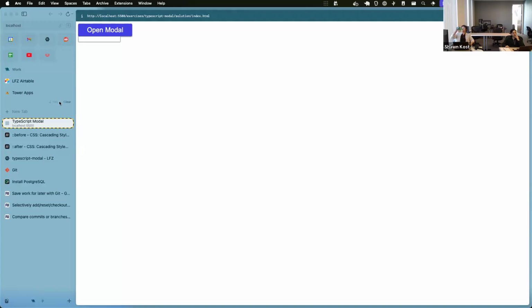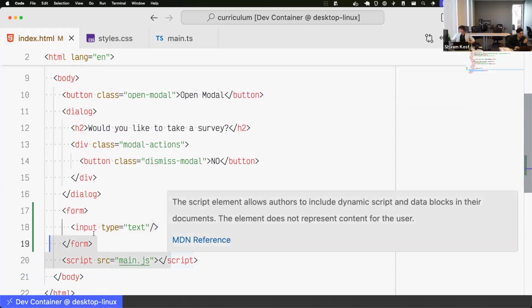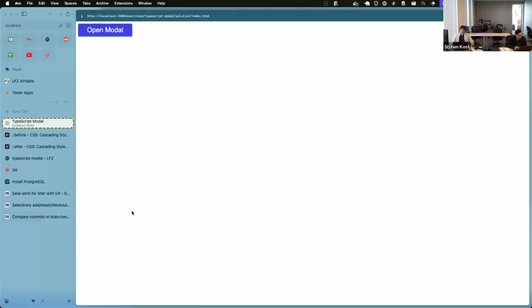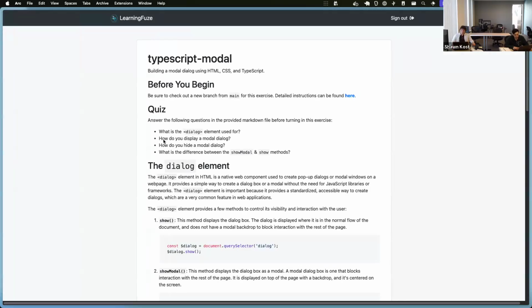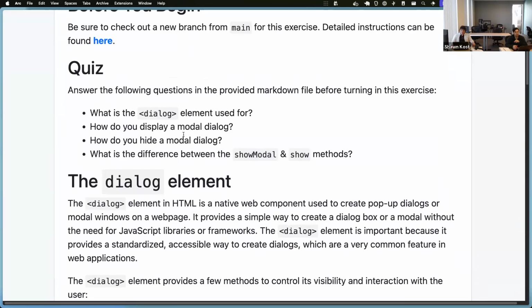So we'll check out the quiz questions. Get rid of this form that I created. Rukaya, can you tell me what is the dialogue element used for? It is to create pop-up dialogues or modal windows. Yeah, exactly. So it's used to create pop-ups, whether that's a modal dialogue or a non-modal dialogue, just anytime we want to show some sort of a pop-up to a user, that's when we can use that dialogue